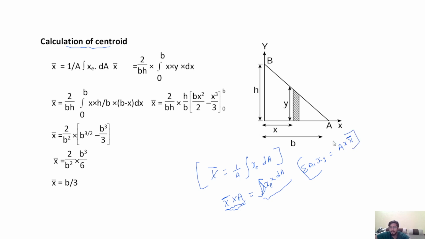So this is the formula for integration. From here we can derive this formula: x bar is equal to 1 by A integral xc dA,